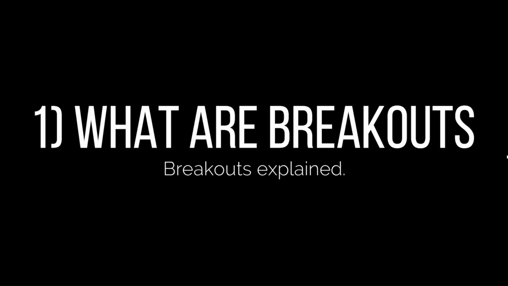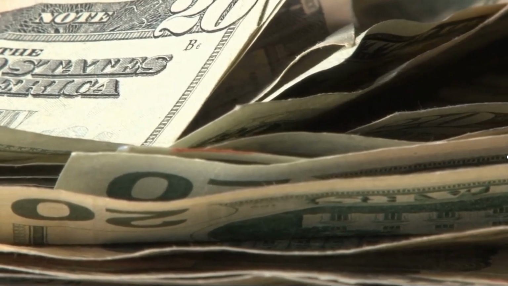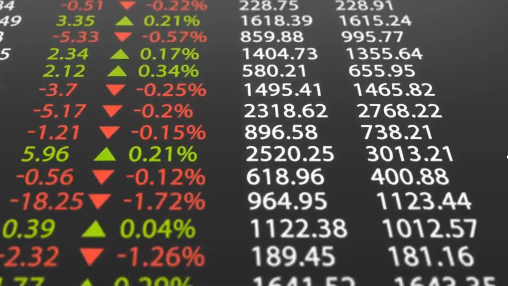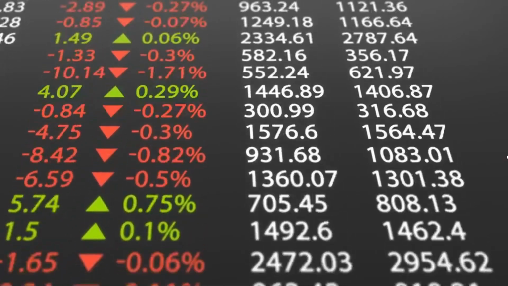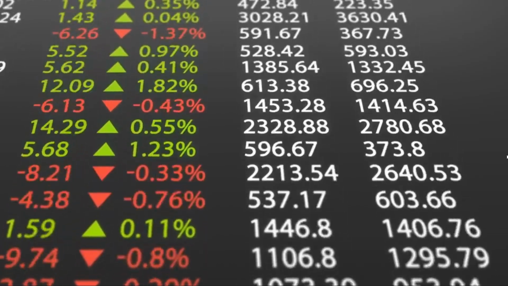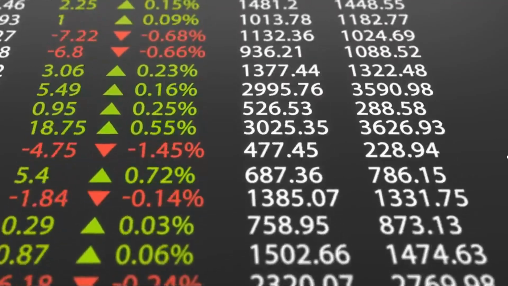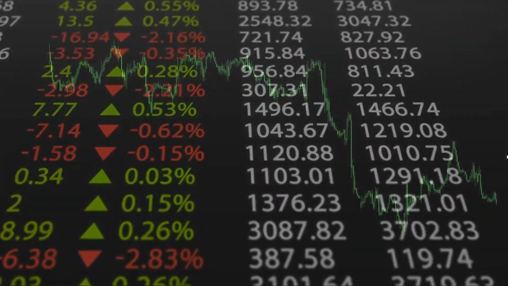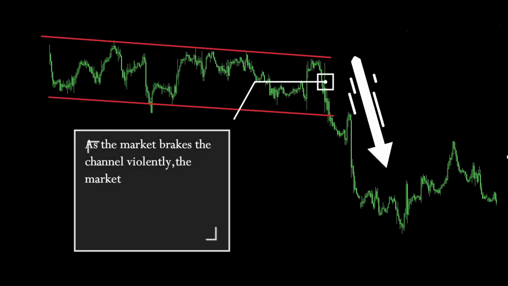Today we will see how to trade breakouts. Is it possible to make money easier, or is it just a myth? The market seems to break violently above or below certain price areas. Even though this seems to be very juicy and profitable, predicting and trading successfully the next breakout is not so easy. But first things first, a breakout occurs when the price breaks out either higher or lower than an area